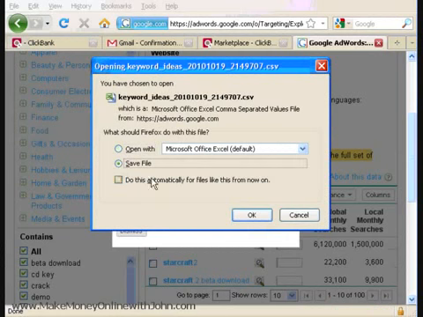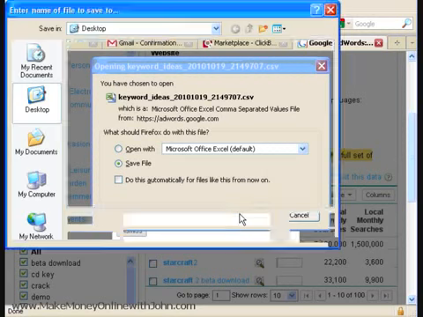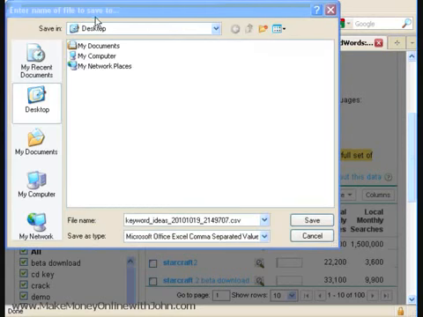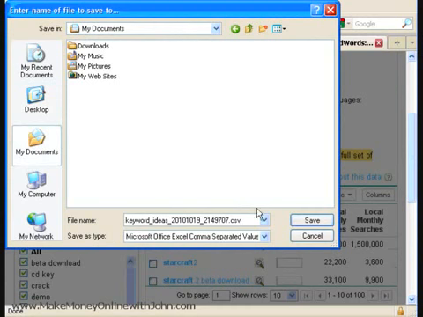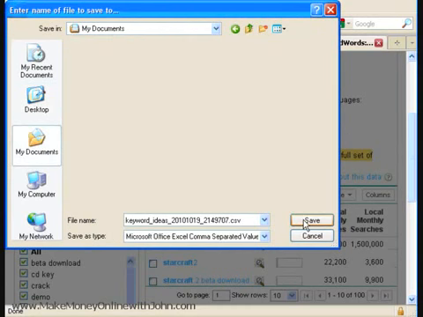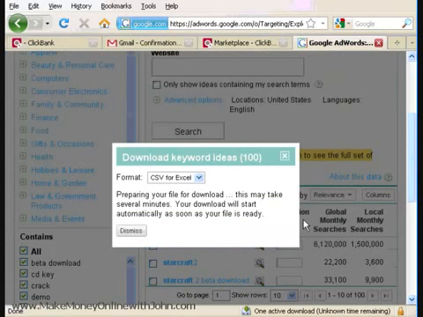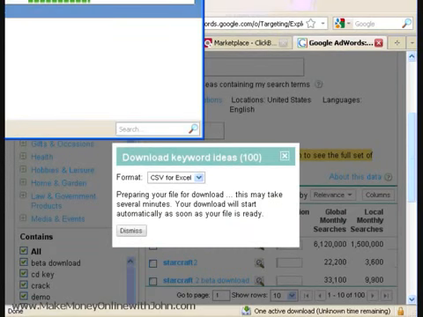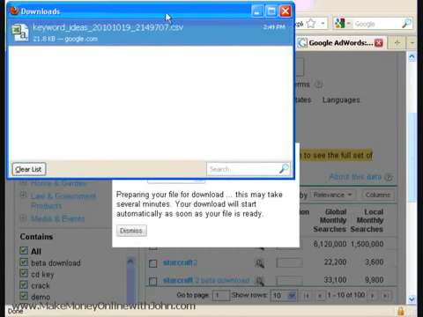And we're going to save the file. Okay, that's finished downloading, so we're going to